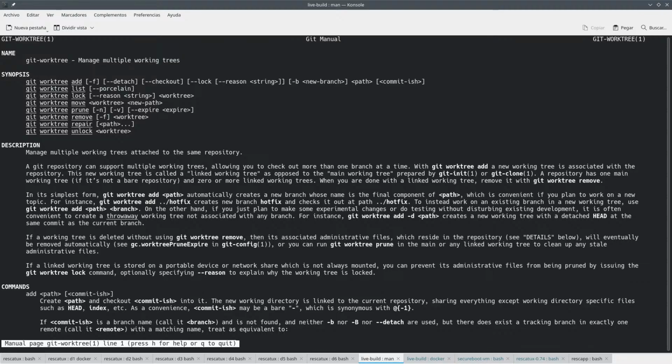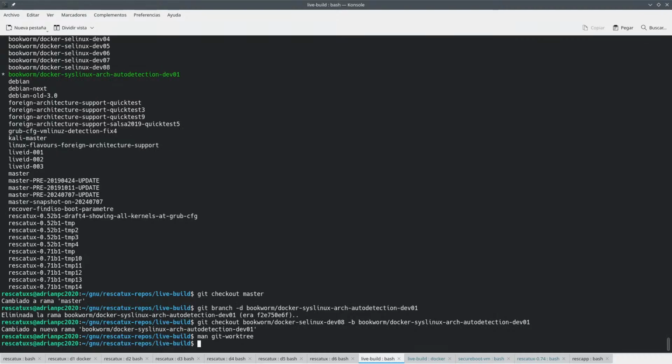Path and check out. Okay, so I think you are supposed to do something like old Syslinux auto detection implementation,